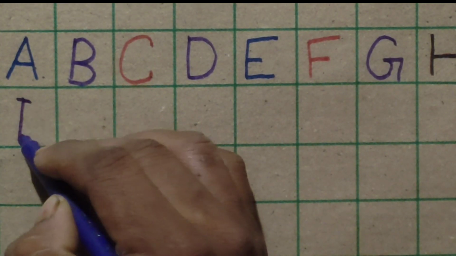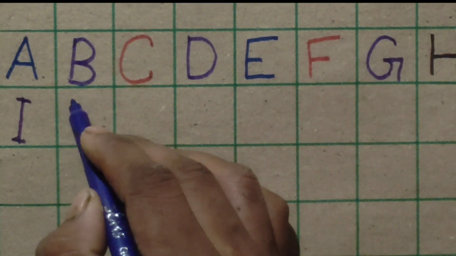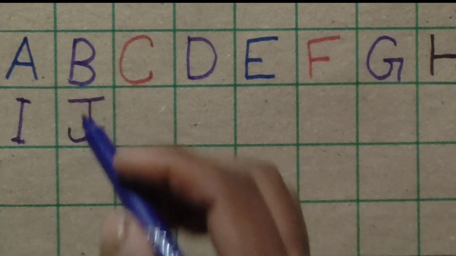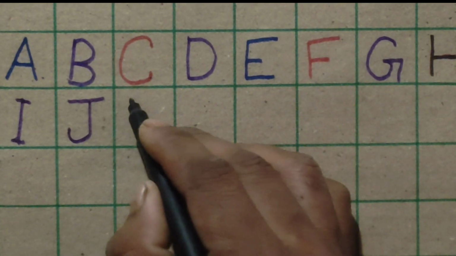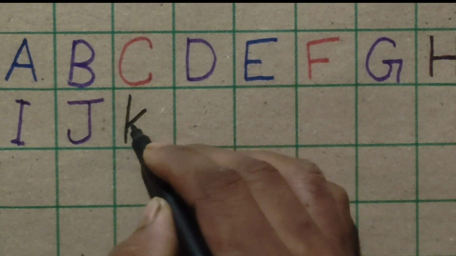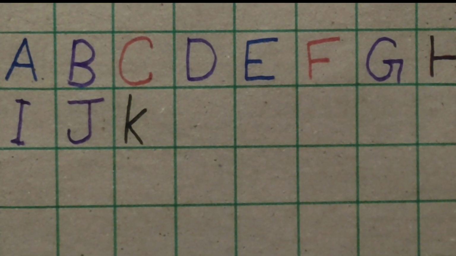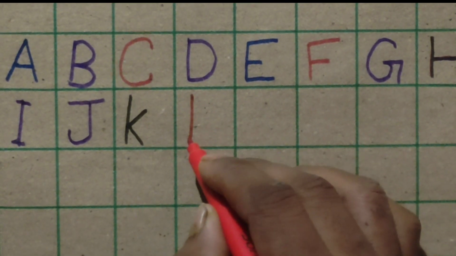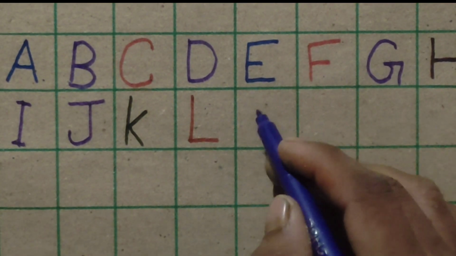I for ice cream, J for joker, K for kite, L for lion,